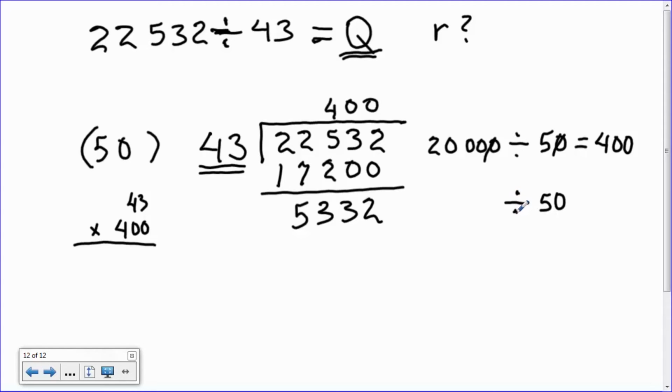and I'm going to pick a number in here that's smaller than the dividend, 5,332, and I'm going to use 5,000. That's a good one. It's smaller than the dividend, and I know how many times 50 fits into 5,000. It fits in there. How many times? 100 times? 5 times 100 is 500. So we're good. So that's my next partial